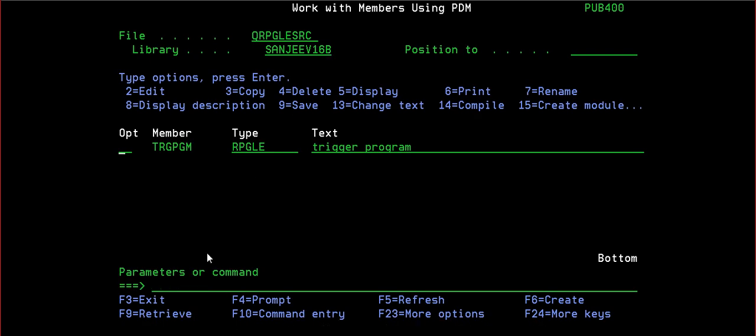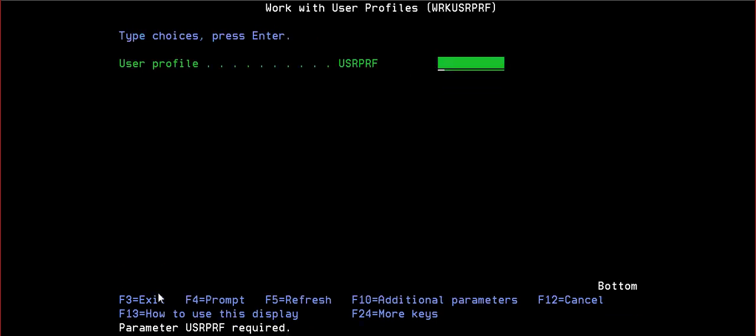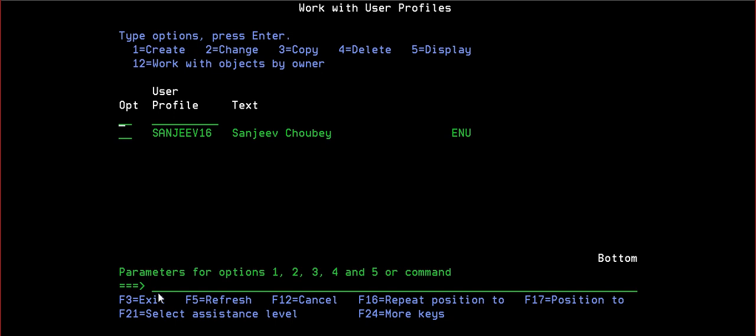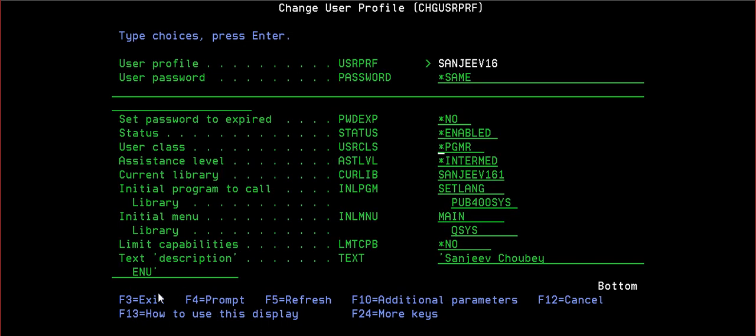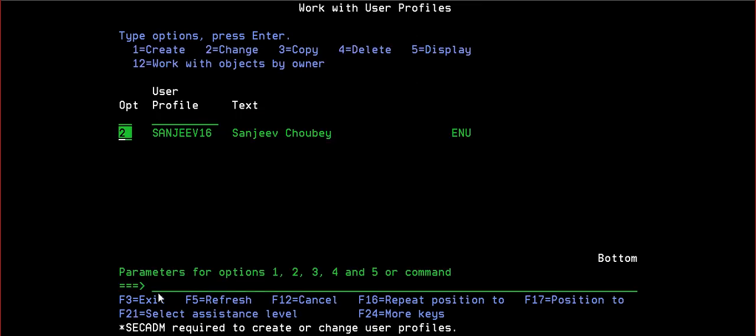Let me check whether I can change my user profile or not. For the user, the current library, I will make that 160.